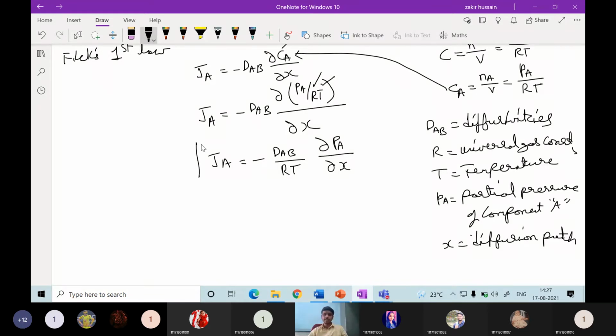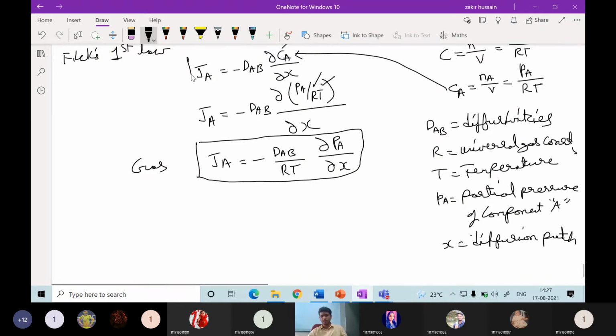So this Fick's law is valid for gas phase. Fick's first law of diffusion for gases. So this is valid for both gas and liquid, but usually concentration calculation for liquids is very easy. That's why this will be for liquid and this will be for gases. So now from this one we can operate this one, or otherwise you just calculated the final equation for flux NA. That can be converted using this formula to gas phase also.